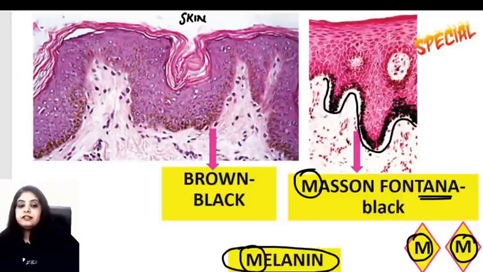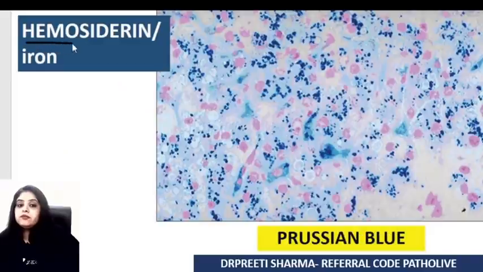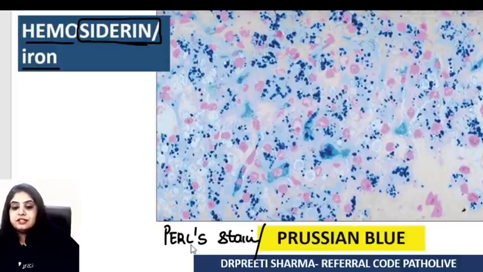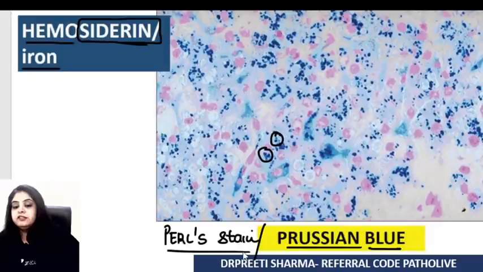Okay, coming to the next, there's another pigment which goes by the name of hemosiderin, and I think the word of the pigment tells you that siderin means it's very, very rich in iron. And anything that's rich in iron will stain positive for a stain that goes by the name of Perls stain. So there are two names. Either you can call it Perls stain, and the color that it gives is a blue color. The other name of the stain is Prussian blue stain. So you can see what color hemosiderin will come, or anything that has iron is going to come blue in color because you've used Perls or Prussian blue.